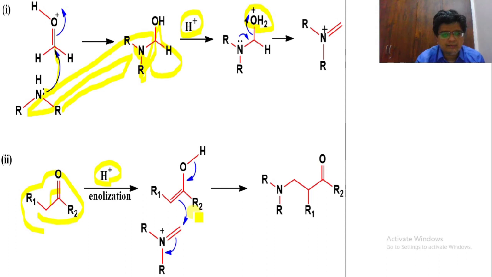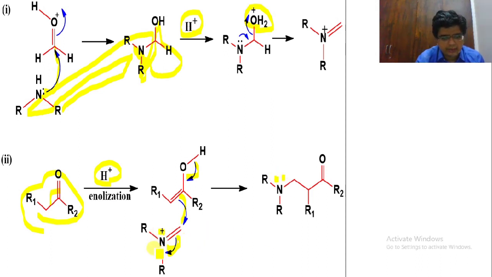So now what will happen? So now this is having a lone pair of electron, it will migrate over here. So this double bond will migrate over here. So this bond will have a negative charge over here. Okay, so it will neutralize over here. Here we are having a positive charge. So here we are having a negative charge. Positive negative charge will neutralize nitrogen. Again, nitrogen having a lone pair of electron.